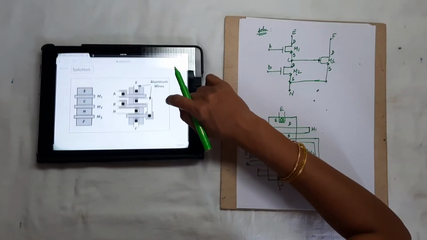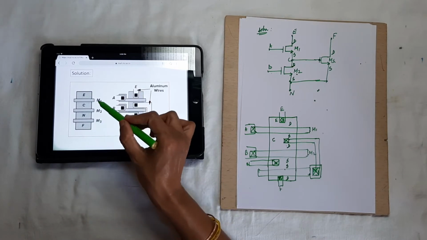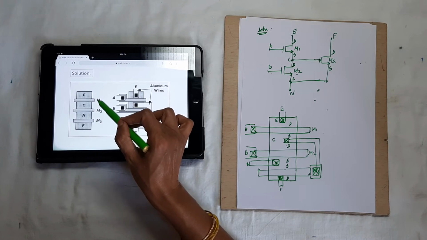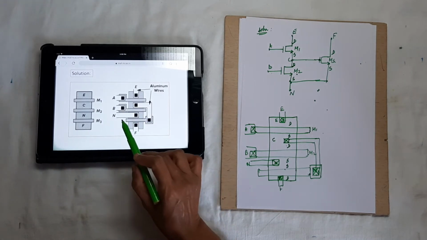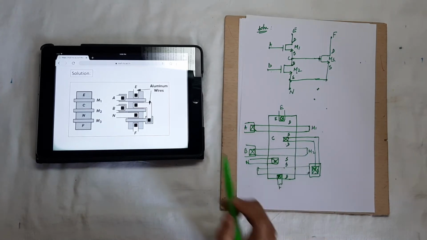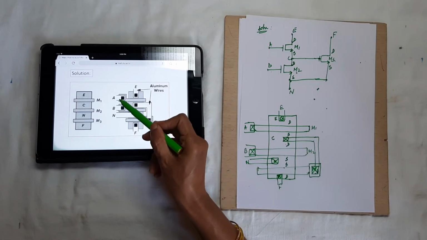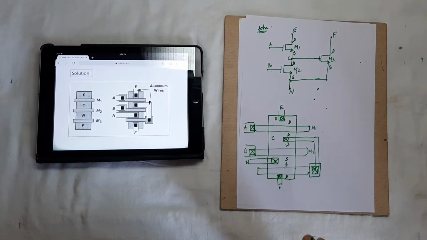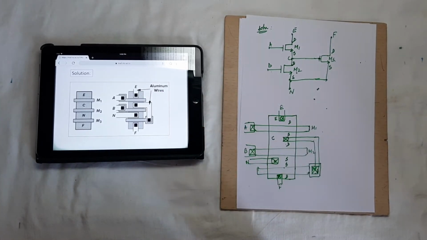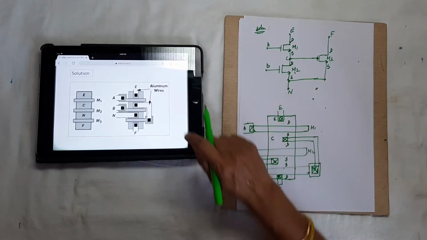You see here. This is the end where M1, M2, M3 transistors are laid, meaning the polysilicons for M1, M2 and M3. And this figure is the same as this figure. This connection gives this connection, whereas these A, B and N terminals are taken out. This is the E terminal and this is the F terminal. So this is how we can draw the layout for the analog circuits.